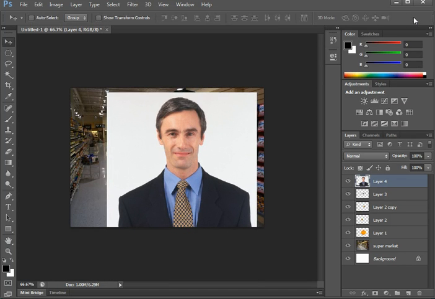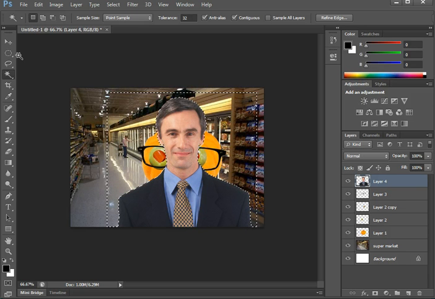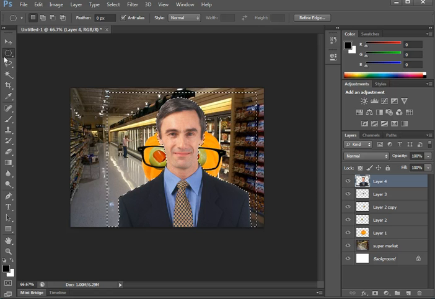I will accept this, and I will use the magic wand tool to select the white area because it's one solid color. I want to get rid of the white area, so I will just hit Delete on the keyboard. Now I could erase out the head so the head is showing up behind it, but I can use the layers. I'm going to take layer 4 and click